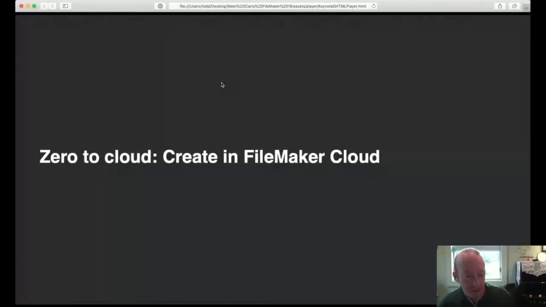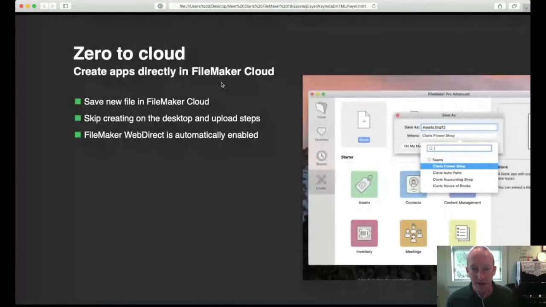The final highlight, at least that we're going to focus on this evening, is the ability to create in FileMaker Cloud. This goes along with the expectations that people have based on some of the more modern apps they use in business, where you're able to create in the cloud very simply and quickly and get right to work with your data, instead of having to take time to create the app on the desktop and then get it uploaded to the cloud and make sure you have all of the security settings and everything set correctly. With FileMaker 19, they're taking another step towards this idea of zero configuration